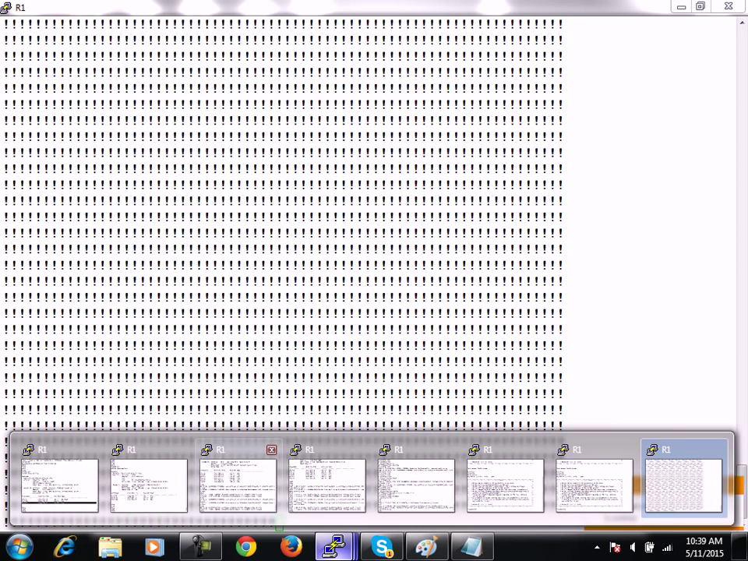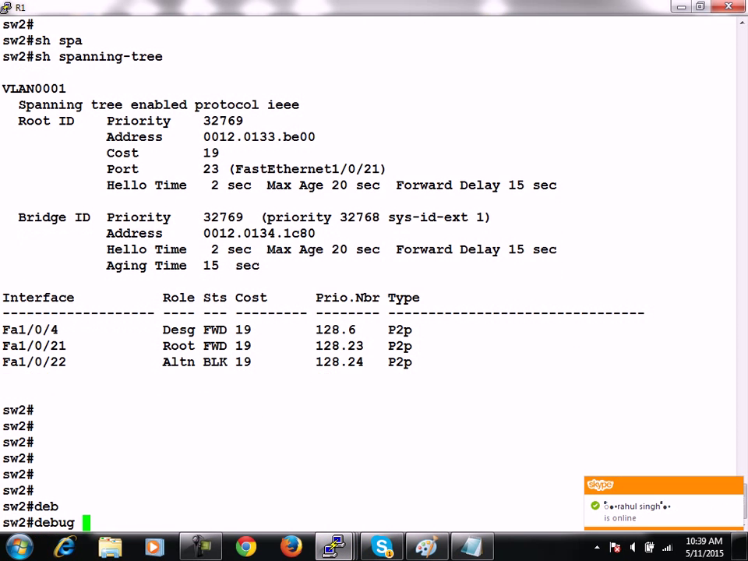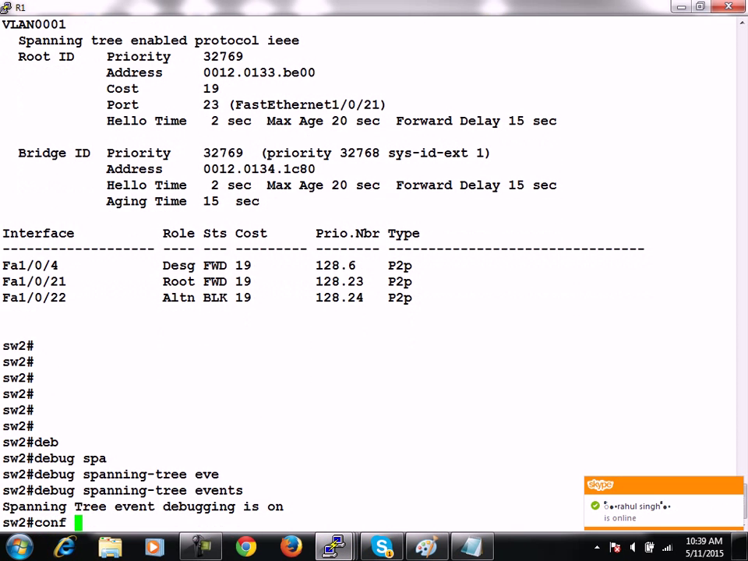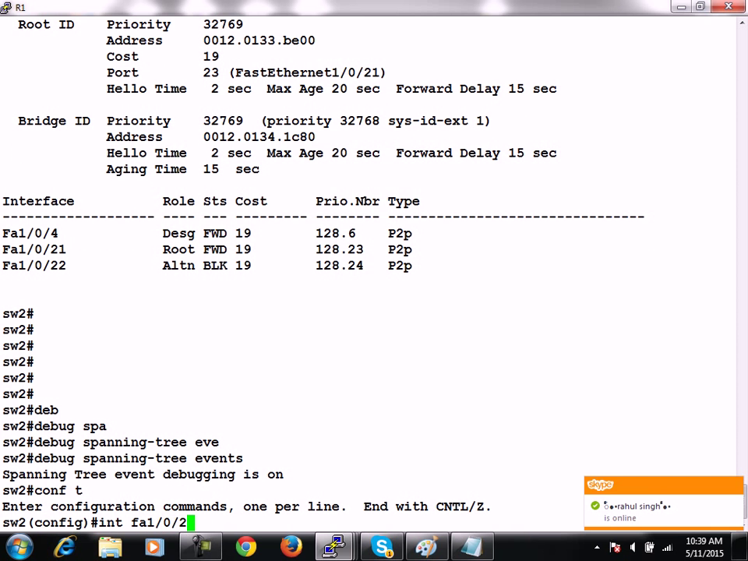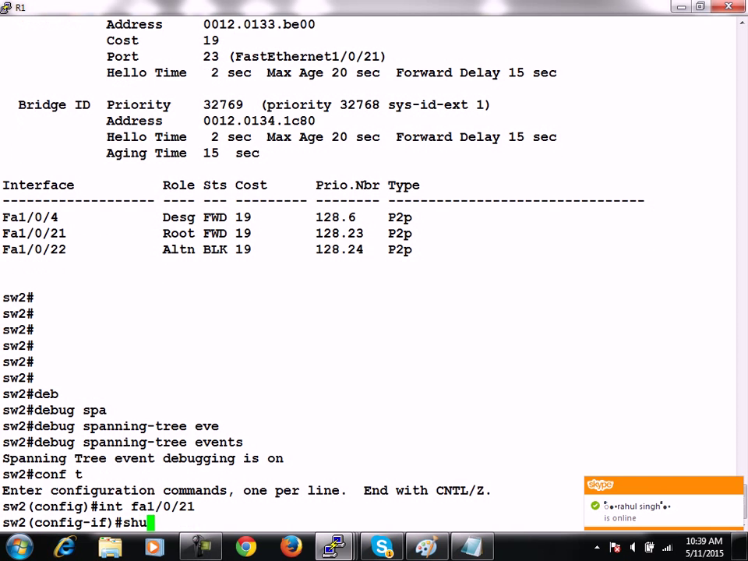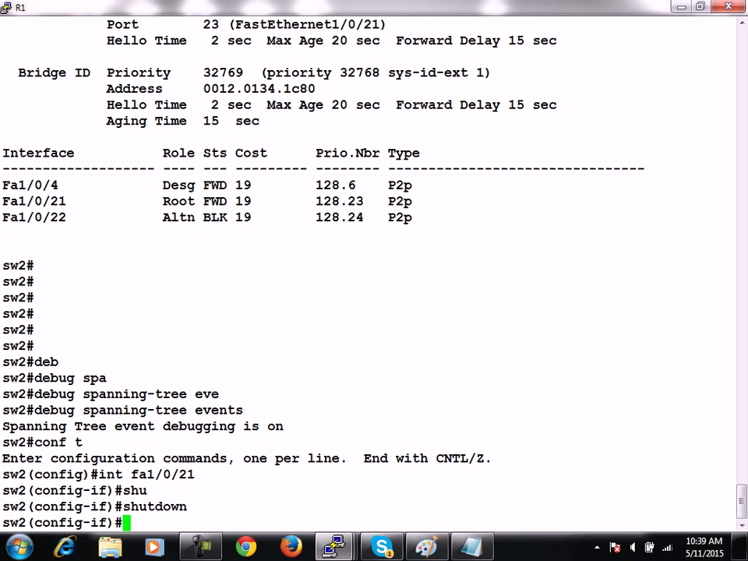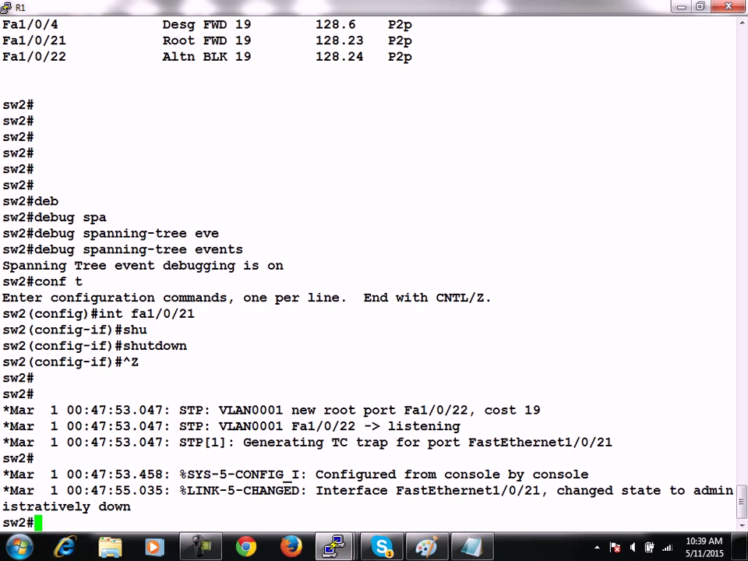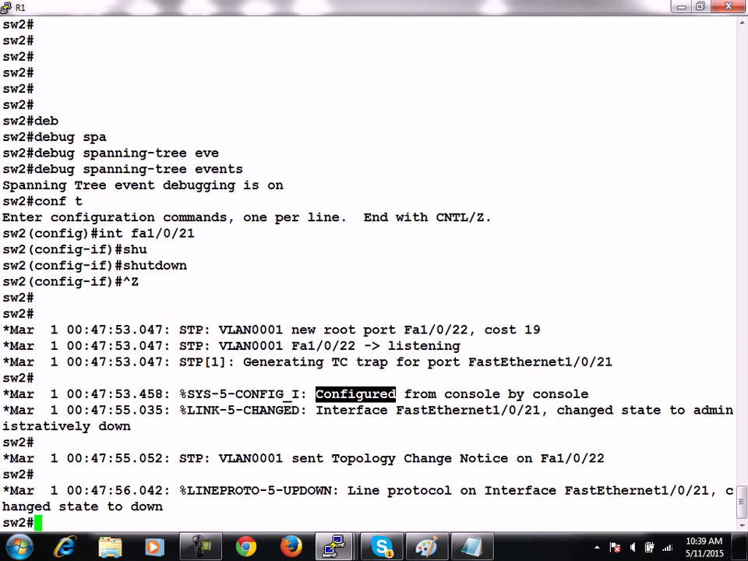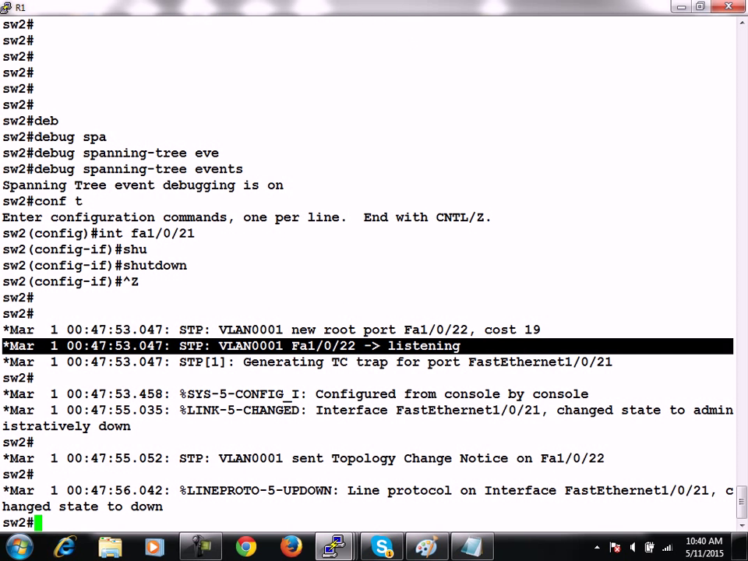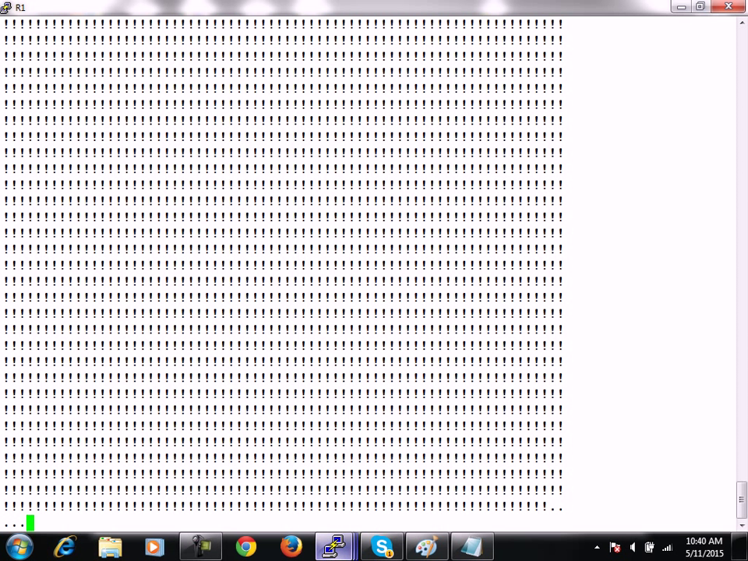Alright, so let's do one thing. Let's move on switch 2 and say debug spanning tree events, and let's shut down this 21. You will see that immediately this switch 2 will put this alternate port into listening state. You see, and there will not be any communication now. See, data is getting dropped now,